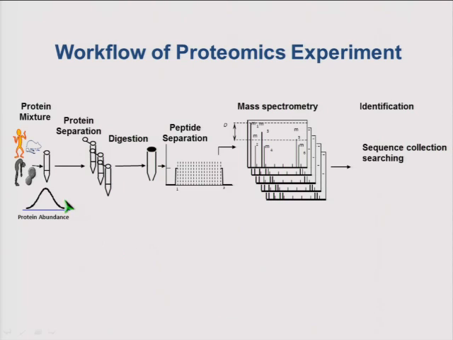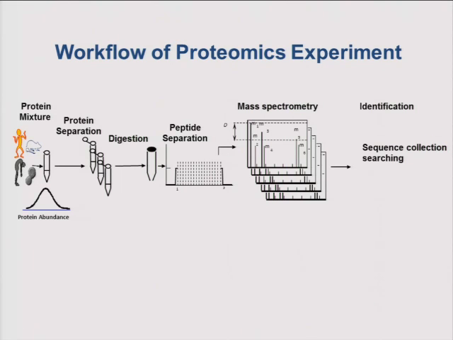A protein mixture is taken from some organism and is separated and digested into proteolytic peptides, which are typically separated before they are subjected to mass spectrometry. So typically an individual proteolytic peptide is isolated and fragmented, and the resulting information is a